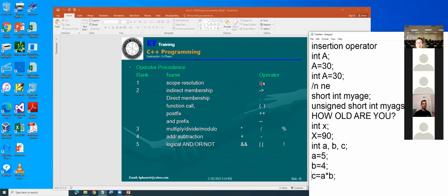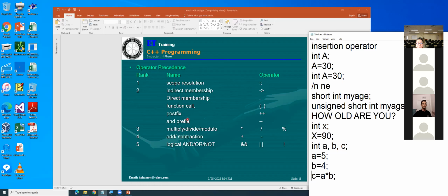You guys are not using these, but if you are a programmer, you will be using the pointer operators. Indirect membership arrow, direct membership dot, function call with open and close parentheses.